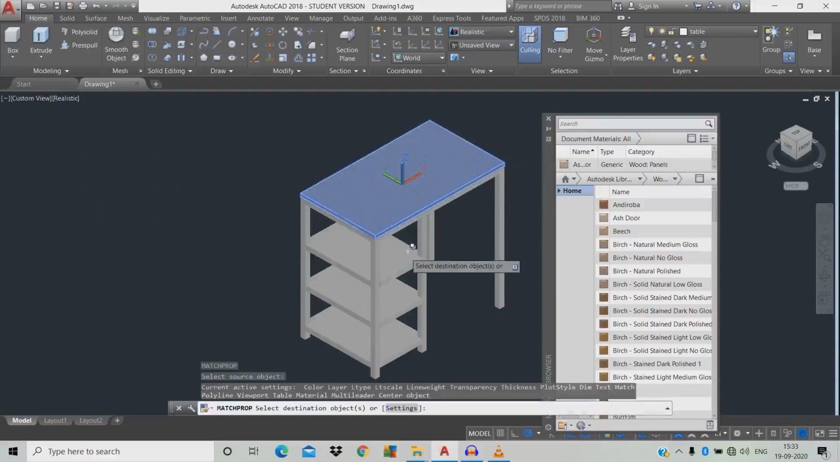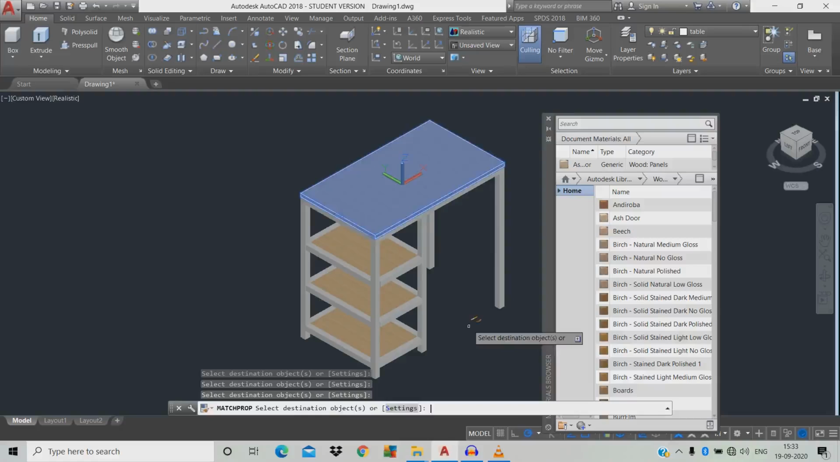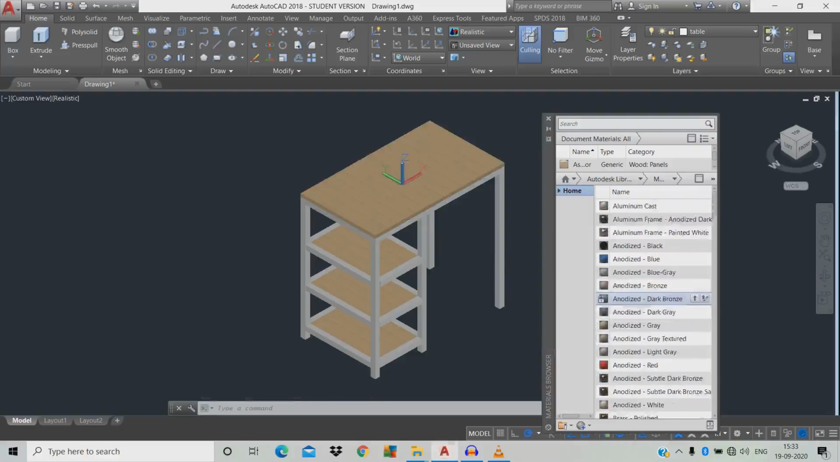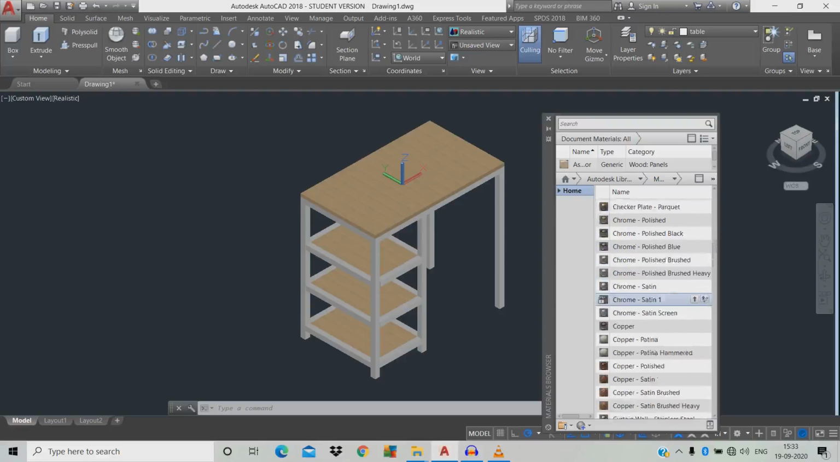Okay, now MA, we're going to match the properties. MA space, click the object and click the inner object, space. Now we're going to add a material. Go to Autodesk library, click the arrowhead, go to metal, just scroll down. We're going to give